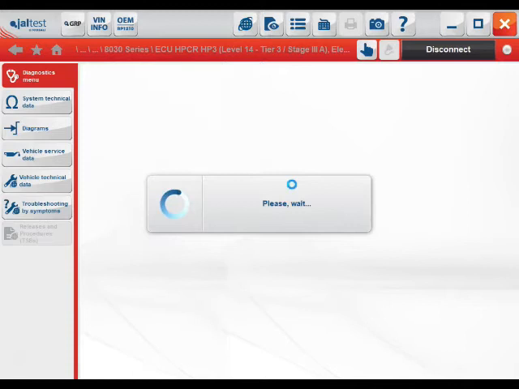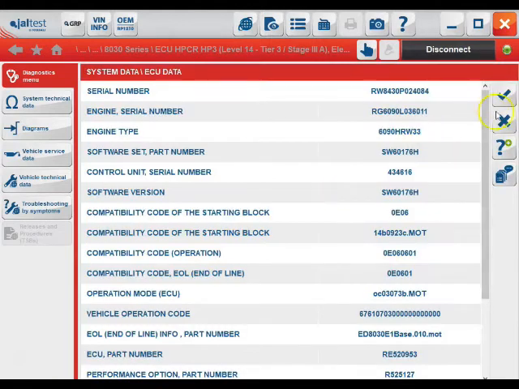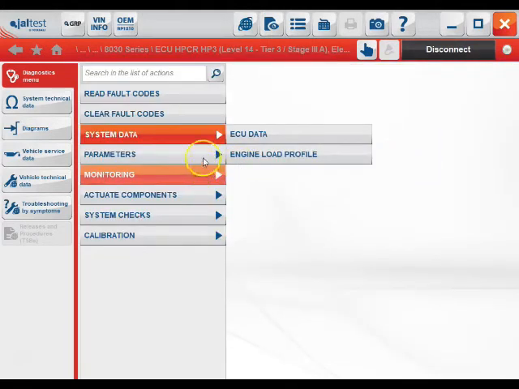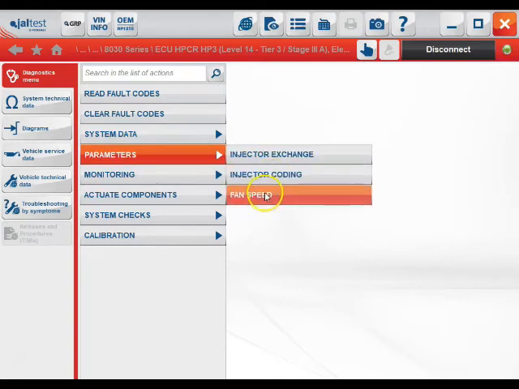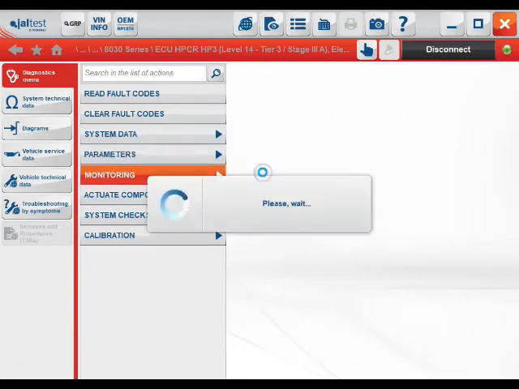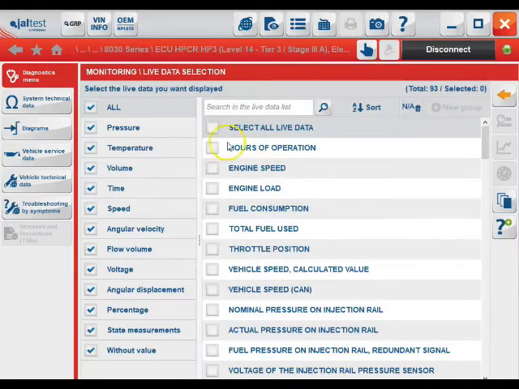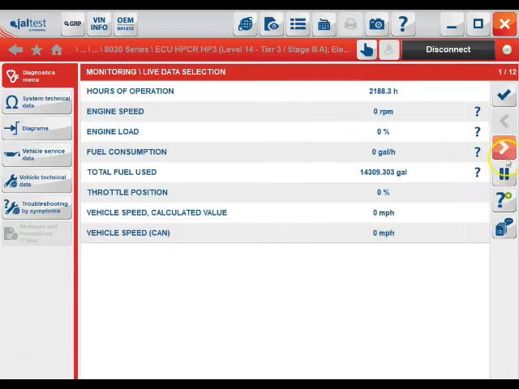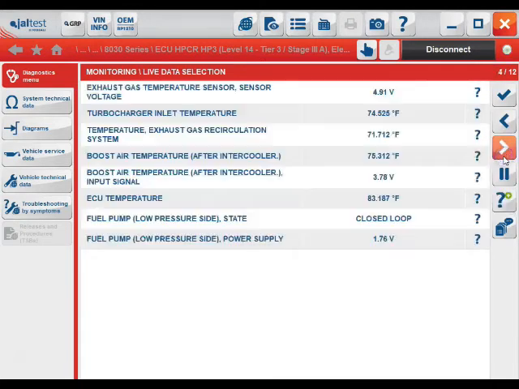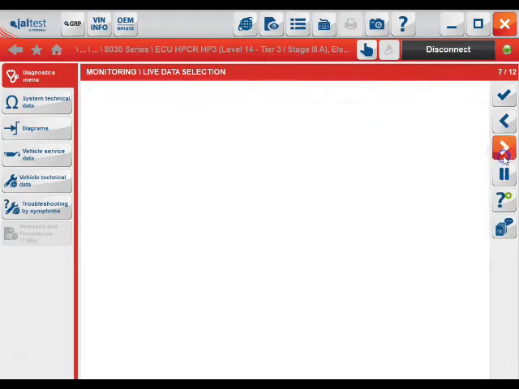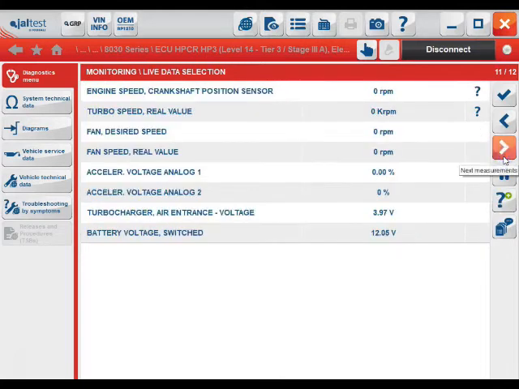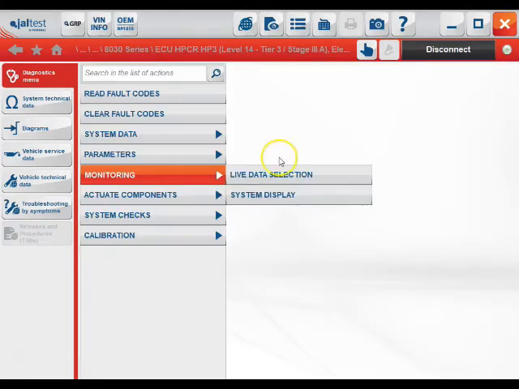Under the ECU data in here, this is kind of important to give you your engine type, but parameters. Here's where you get into the good stuff. You can code injectors, and then of course we can get down here to your live data, and we'll get in some more of those tests as we make our way through the tool. 83 different here. It's 12 pages. I'm going to go through really quick here so you get a taste of all the parameters, and we'll back